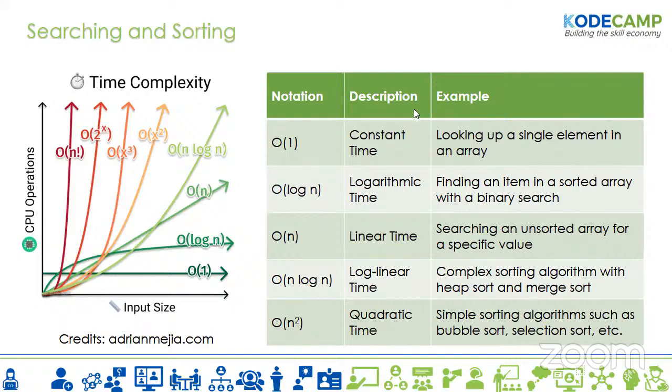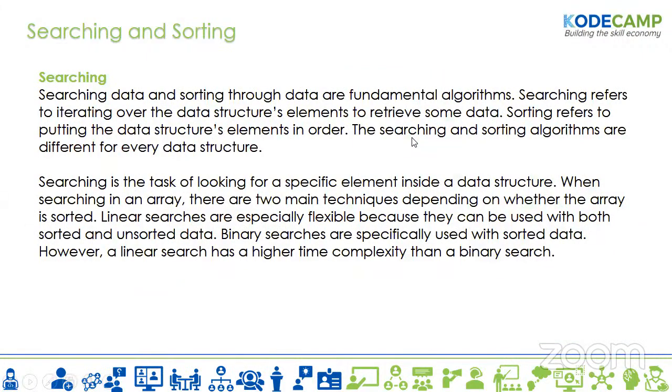So let's look into some examples. Today we're looking at searching. What is searching? Searching data and sorting through data are fundamental algorithms. Searching refers to iterating over the data structure's elements to retrieve some data. An example of a data structure we looked at last week was arrays. If you have an array, for example, you want to iterate over the elements in the array to retrieve